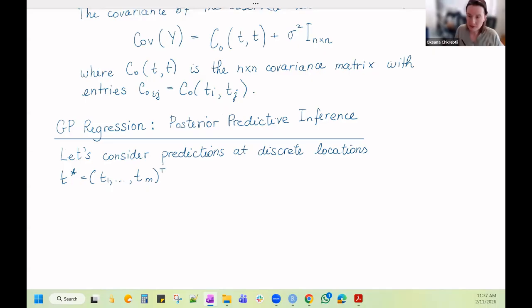Now, Gaussian processes are more general. In fact, under these assumptions that I mentioned to you earlier, the posterior will be still a Gaussian process. But in practice, when we wish to even plot that Gaussian process, or if we're interested at specific unobserved locations, then we typically have to discretize anyway. So we'll have to discretize the input or provide a discrete set of input locations where we want to predict